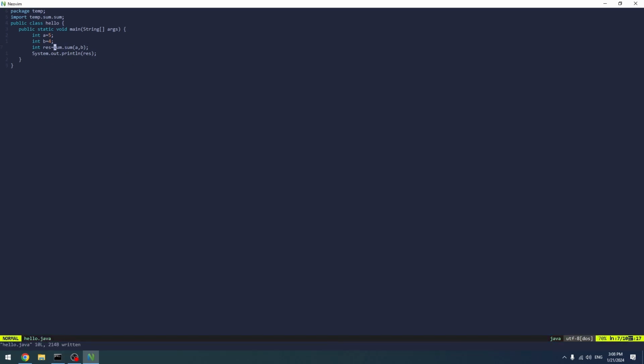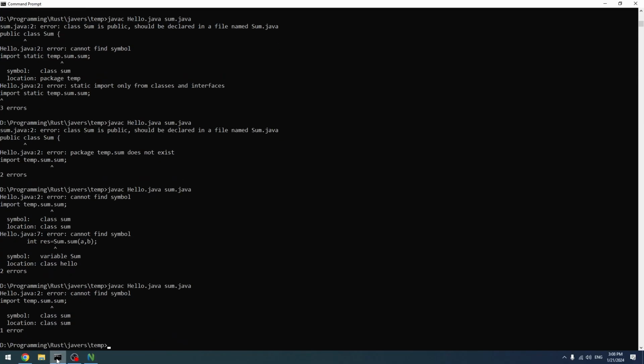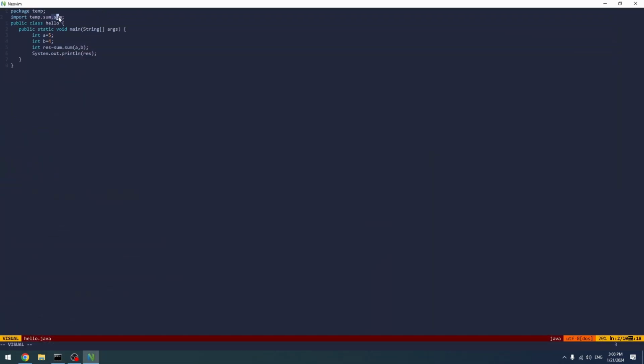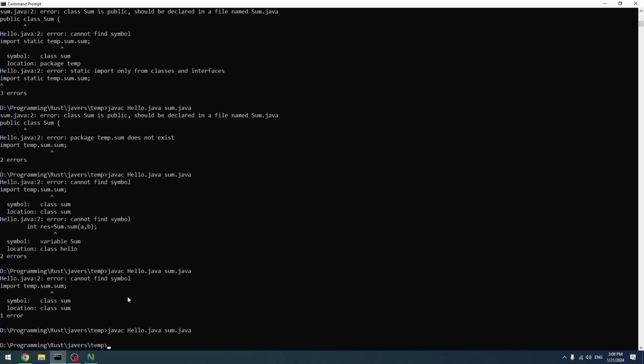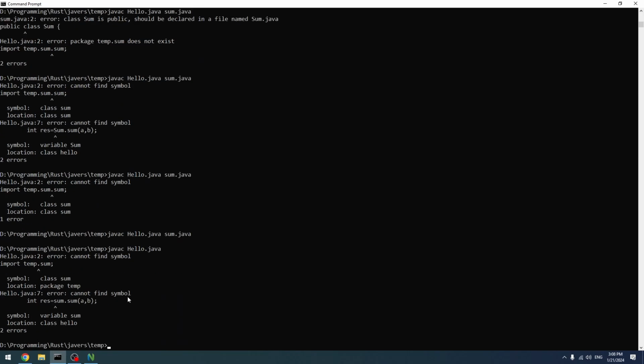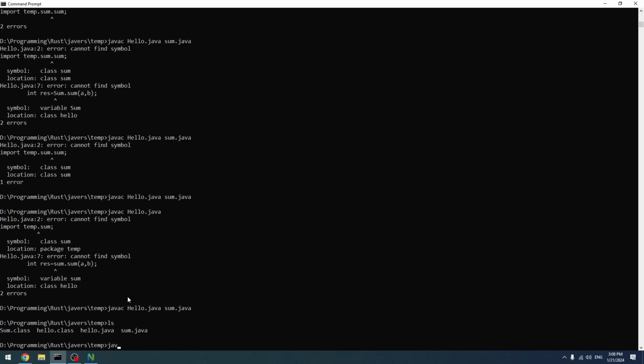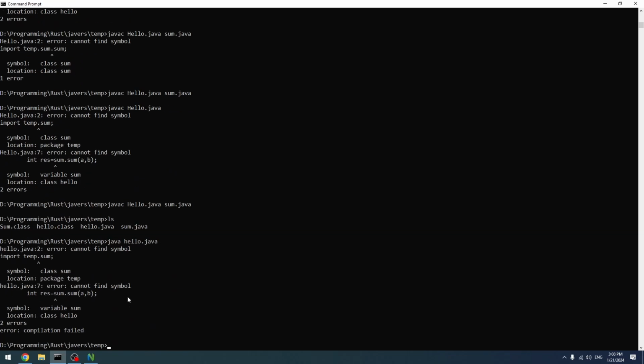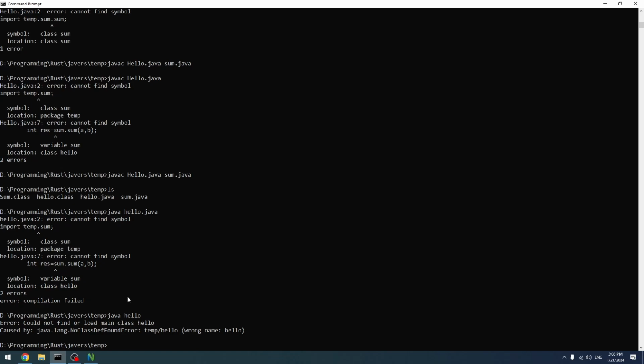Maybe it's just this. So sum.sum, class location class. Can I do this instead? So that should be it, right? And that compiles, right? What if we don't provide it? It cannot find it, so it has to be able to link it like this. And should Java hello, Java like no class definition for temp hello, wrong name, hello. Okay, and just sum,